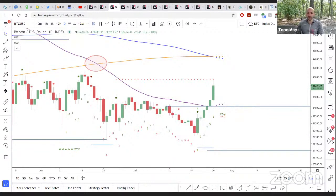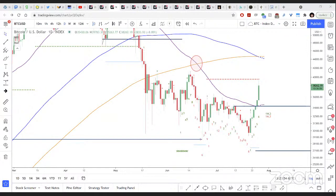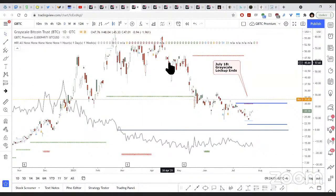I didn't do it because I was already long Bitcoin. I'm 75% long Bitcoin because I see the current Bitcoin market as an overall bull market with a double top, okay? And because I see it that way, I did not exit all of my positions. In addition, it was hard for me to exit because of the GBTC negative premium. Because the premium was negative, I didn't want to take a haircut and watch the premium go back above zero. So the GBTC premium situation made me hold more GBTC than I normally would have. I would have been a lot more comfortable exiting my GBTC back here if I wasn't sitting in a negative premium. Now, I felt that the negative premium was very temporary and we'd go back to the upside,